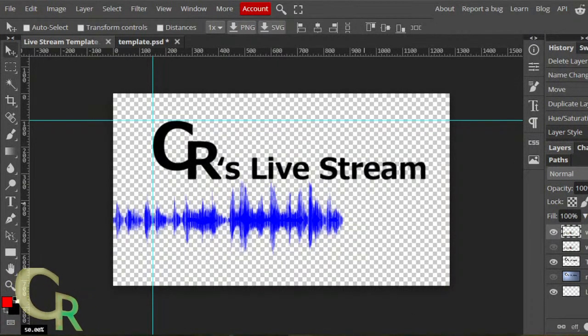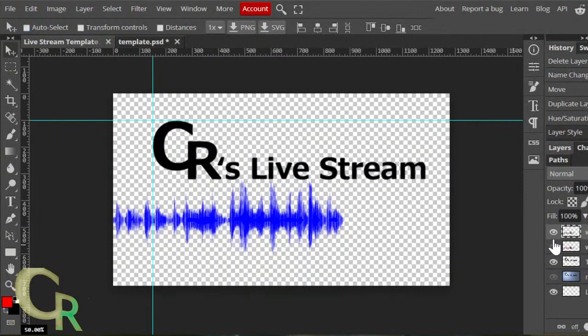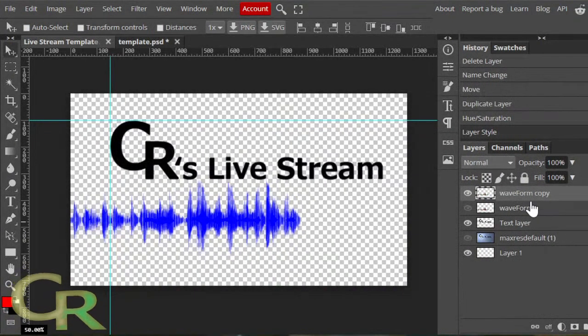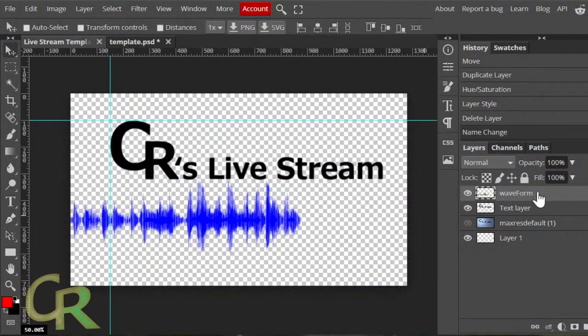Alright, we're back to this again. Save my work. Check my window out so you can see a little bit more of it. I kind of like that blue waveform right there, so I think I'm more likely to keep that one. So I'll move the original, and rename the copy as waveform. That's the one I want to use now. Save my work, Control S.